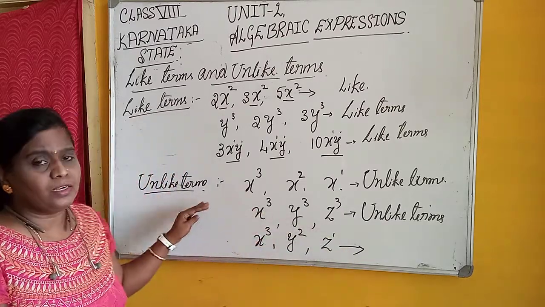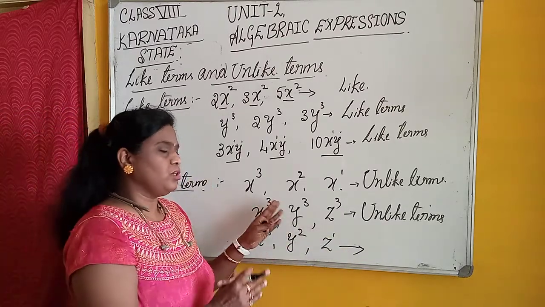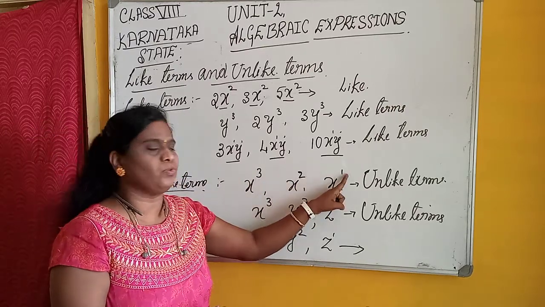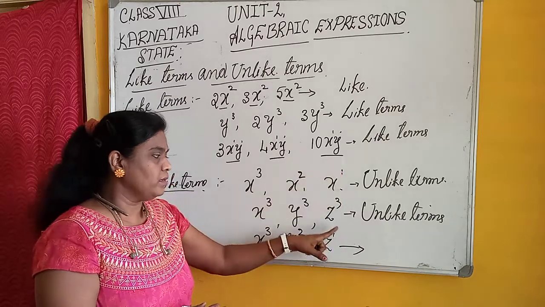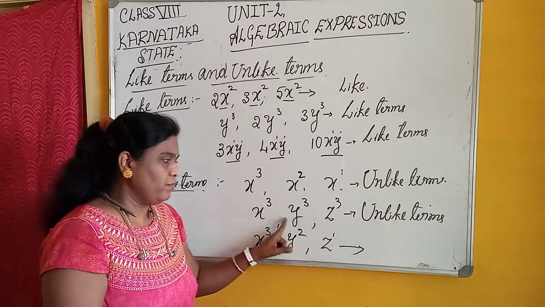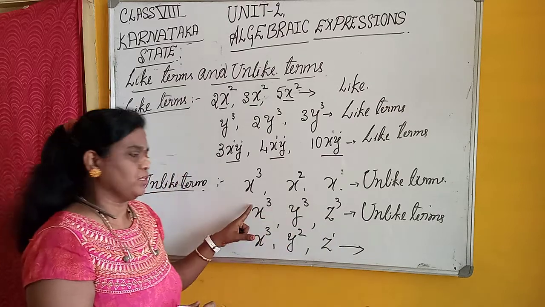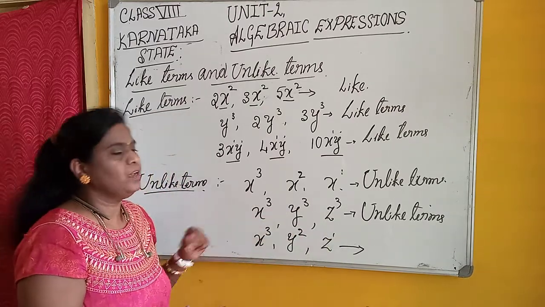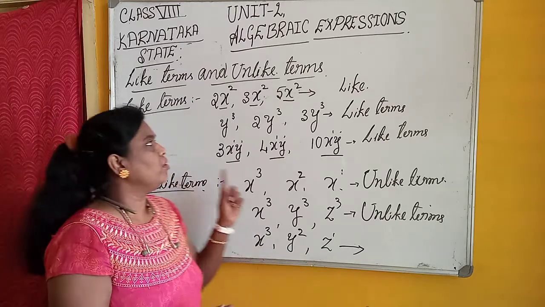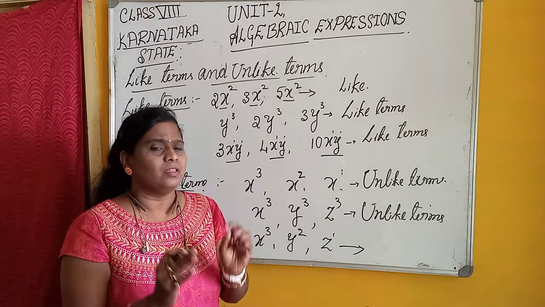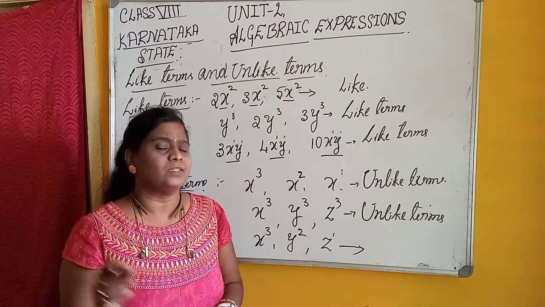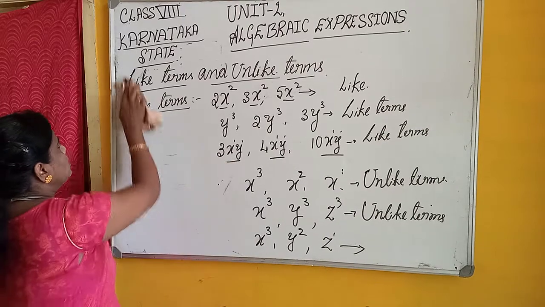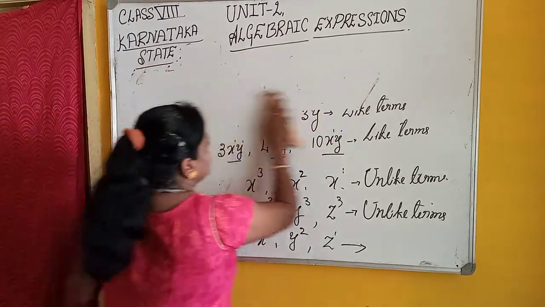Understand? Unlike terms are the terms which contain the same variables with different exponents, or different variables with the same exponents, or different variables with different exponents. Understand what like terms and unlike terms are? This one is very important in solving problems. Now let us move on to our next topic,